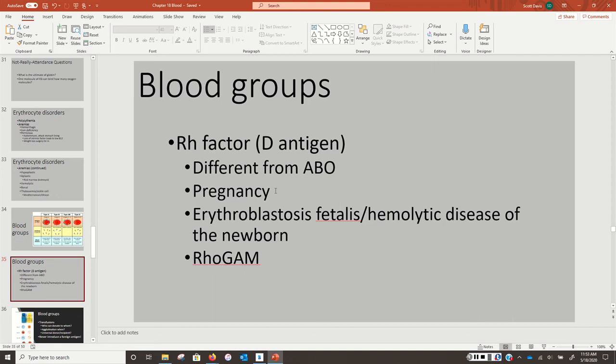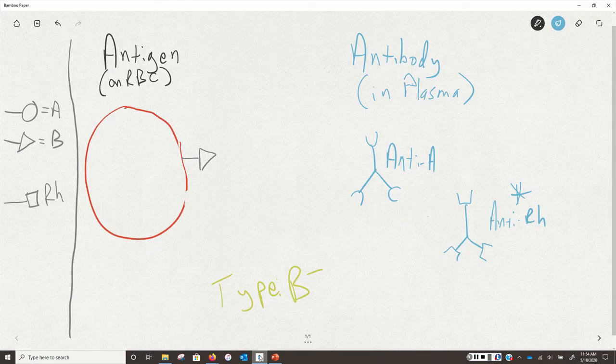But if mom's now carrying anti-Rh antibodies, if those antibodies are circulating in baby, those anti-Rh antibodies are going to recognize the baby's Rh antigen as foreign. So let's clear this canvas and look at what happens